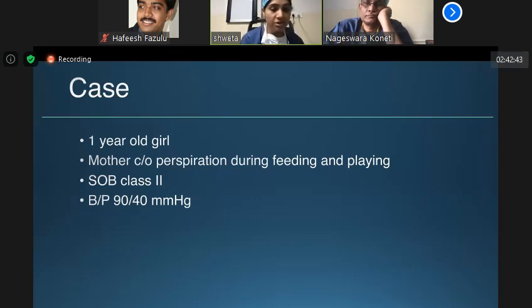So simple measures, how to wash the rice, take 10 minutes from your busy OPD, but explain them. Because if you miss explaining them, there is a possibility that the next baby may come with total shock and heart failure and you may not be able to revive that child. So a very simple medicine, but it's effective and counseling is important.